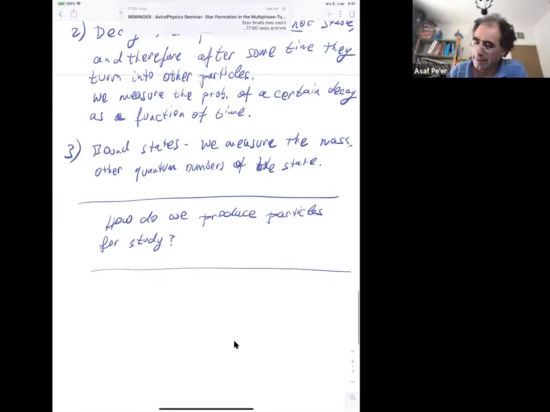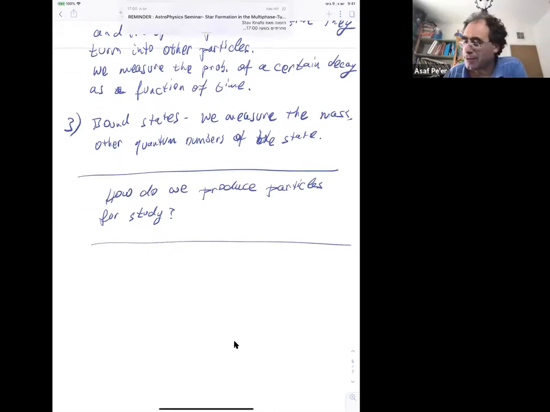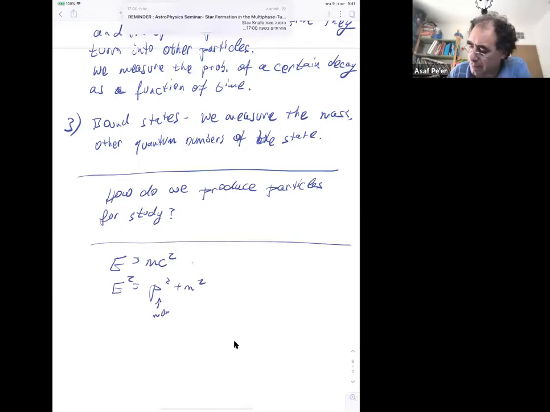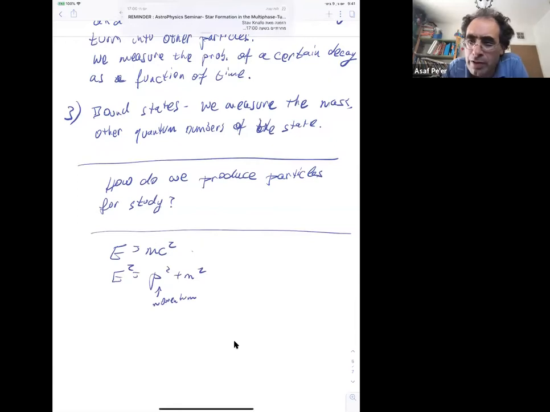Okay, so basically, we have the famous Einstein's relation, E equals mc squared. But if we are to be more precise, it's E squared equals p squared plus m squared, where E is the energy and p is the momentum. We can use this by giving a lot of energy, and then we can produce either more particles or heavier particles. So the sources that we can find of energetic particles